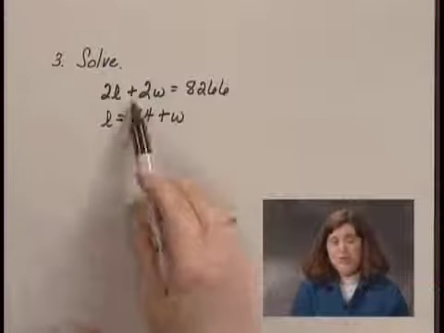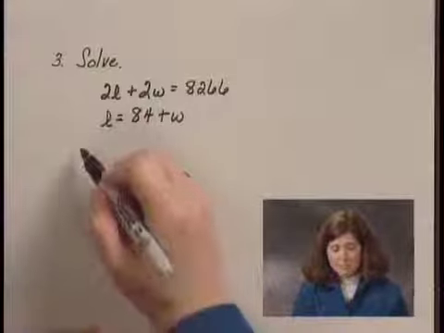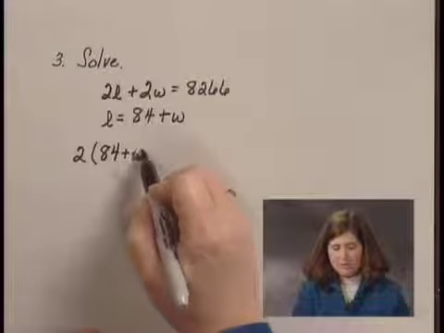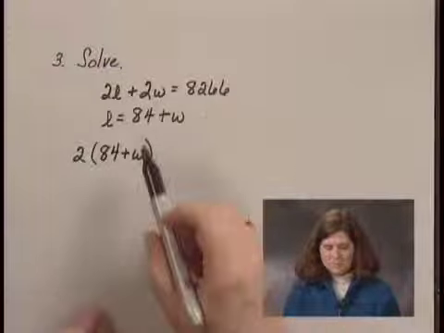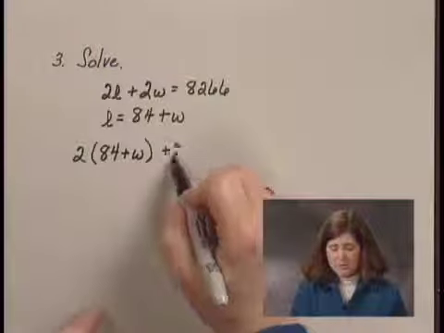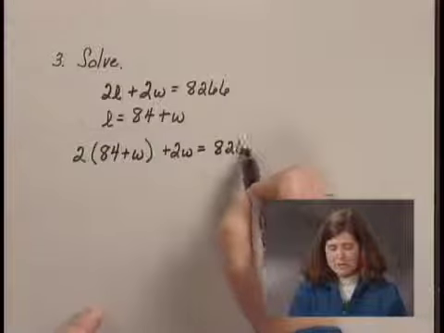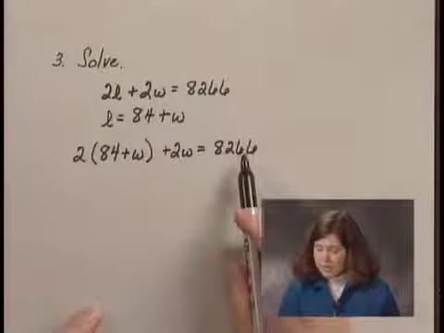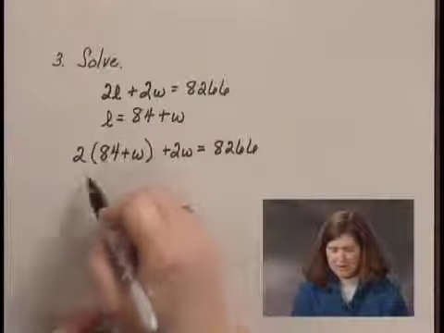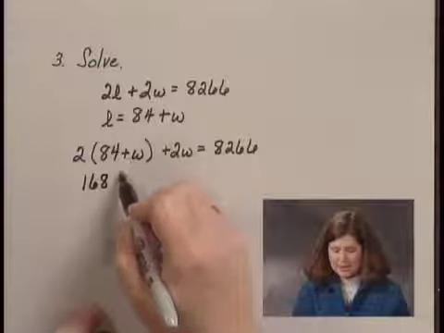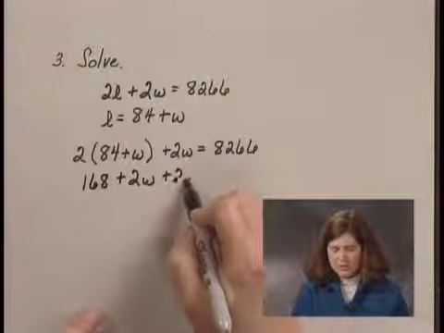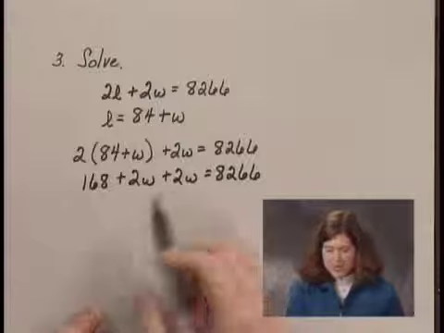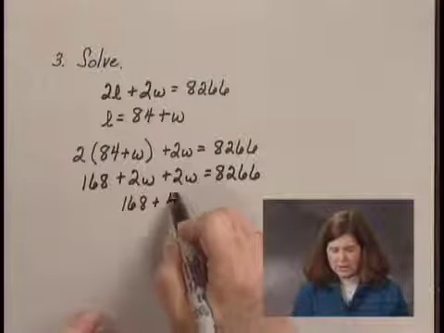So my first equation, 2L plus 2W equals 8,266, becomes 2, and instead of L, I write 84 plus W, being careful to put parentheses so that I substitute correctly. And then I write the rest of the equation. Plus 2W equals 8,266. Now I have an equation in which I have only one variable, W. I multiply across. 2 times 84 is 168 plus 2W plus 2W equals 8,266. And I can combine like terms and write this as 168 plus 4W equals